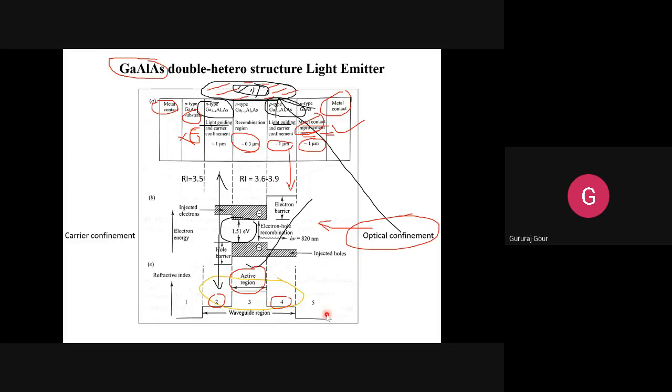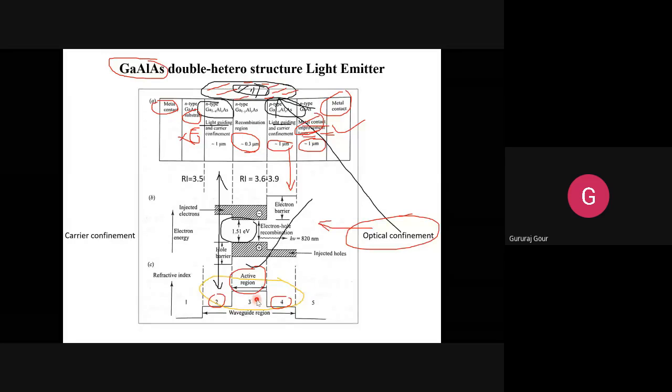It is in the shape of a Gaussian, slowly increasing, or it is parabolic. The middle region 3 acts like the active region, which has characteristics similar to that of the core, and its two outer layers 2 and 4 have characteristics similar to that of the cladding of the optical fiber. If you look at the refractive index profile, the refractive index of the active region will be kept very high compared to that of the cladding, that is 2 and 4, obviously.